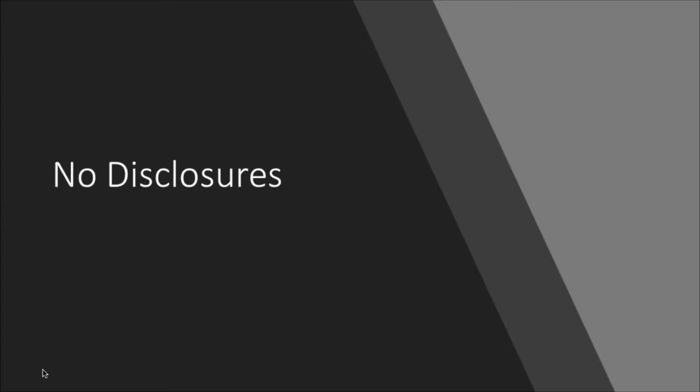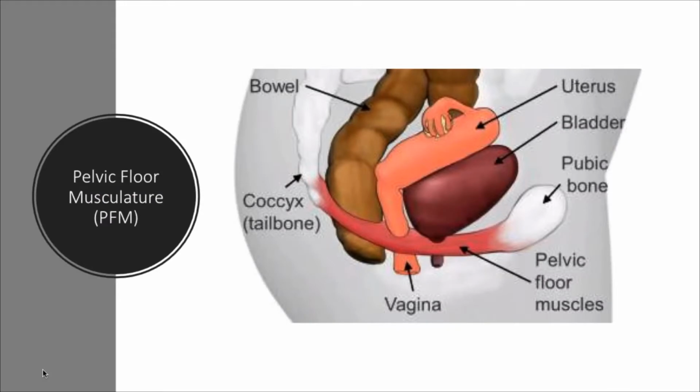My name is Carrie Pagliano. I'm a physical therapist in Arlington, Virginia, and Megan is joining me as well. We're going to jump ahead, no disclosures, and right on to anatomy, which is where we left off. So just quick references for those of you who aren't familiar with the pelvic floor. The primary aspect of the pelvic floor is basically a hammock between the pubic bone in the front and tailbone in the back.